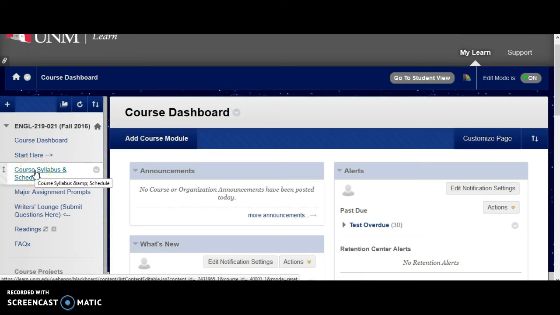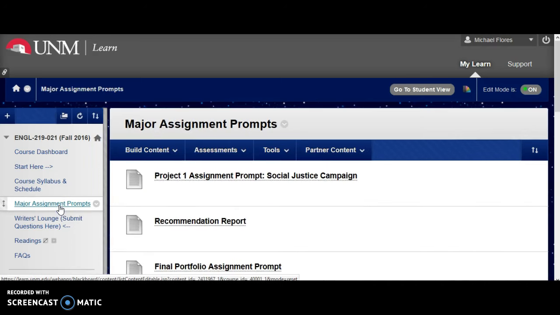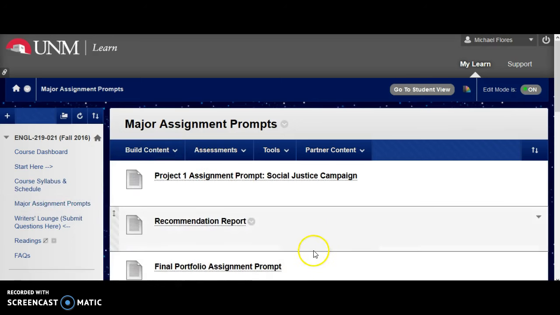You can click on the course syllabus and schedule and open up the course syllabus. There you'll find all 5 student learning outcomes, or you can click on major assignment prompt. I'm going to go ahead and click on major assignment prompts because it also leads us to the final portfolio assignment prompt. So from here, I'm going to go ahead and click on the final portfolio assignment prompt and wait